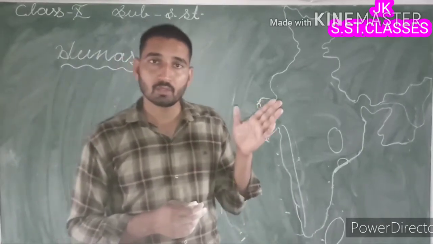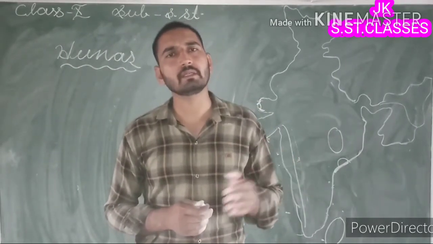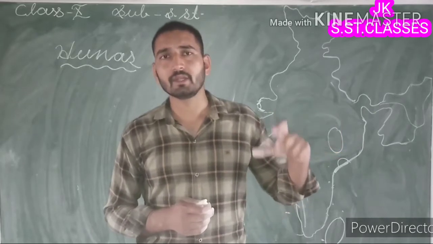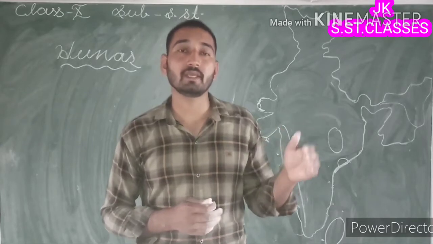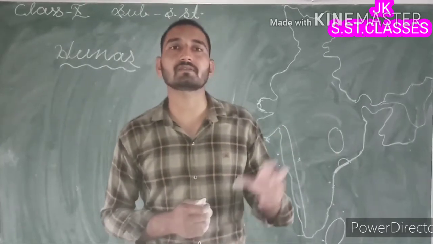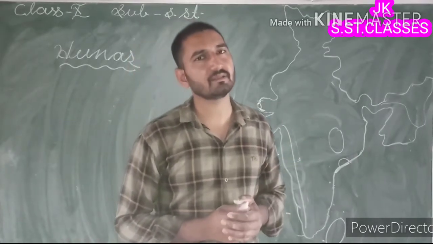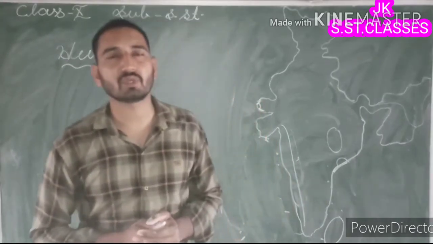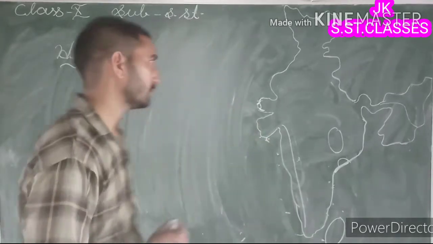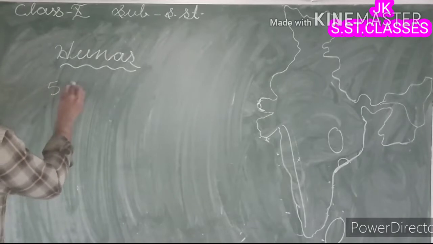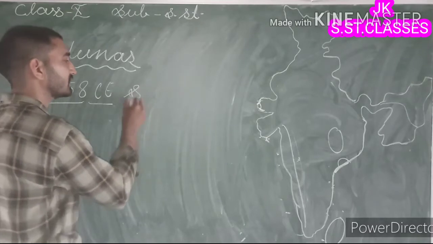So in this way we can say that Hunas were the ones who demolished the political unity of India, okay. Huna was a barbaric tribe related with Central Asia who entered India from the northwestern part of the country, and in this way they had the same procedure to enter India as Sikhs adopted, okay. So first of all they invaded India at the time of Skandagupta, means the first invasion of Hunas on India was in 558 Common Era at the time of Skandagupta.